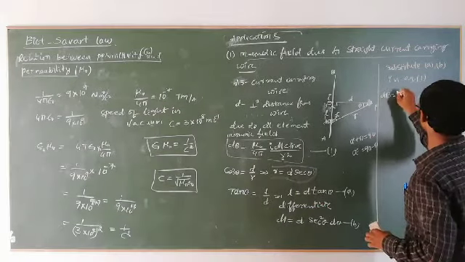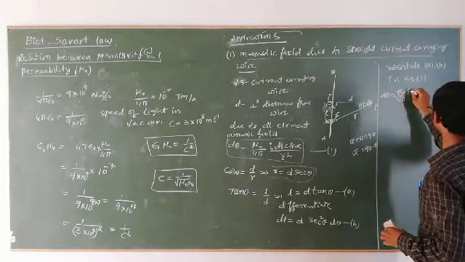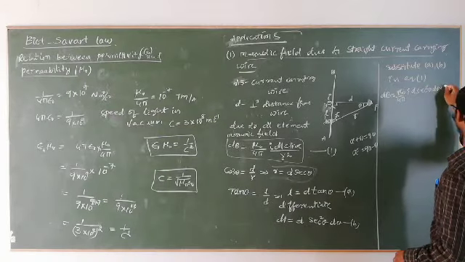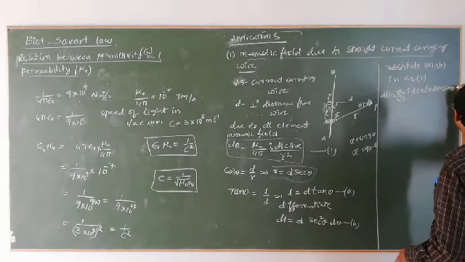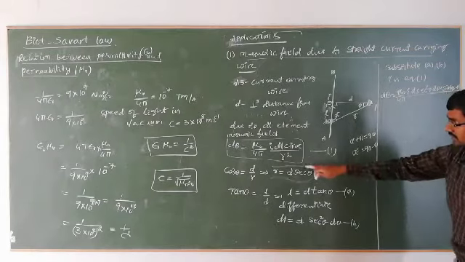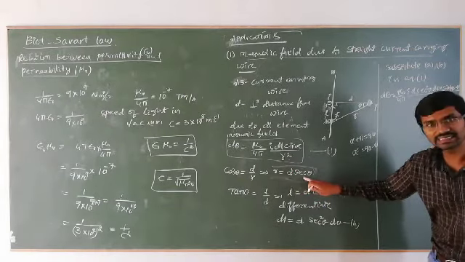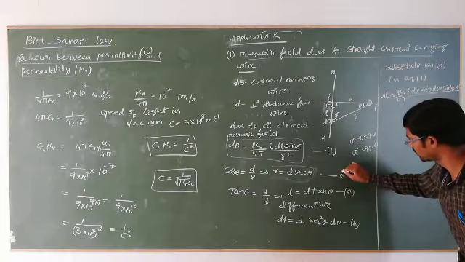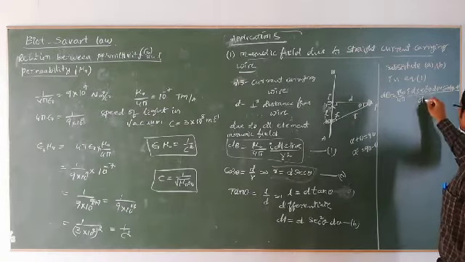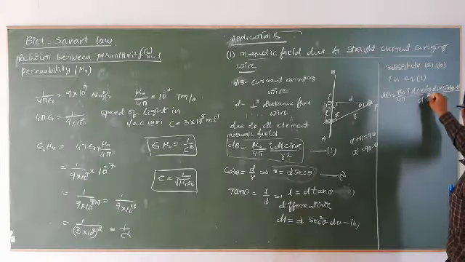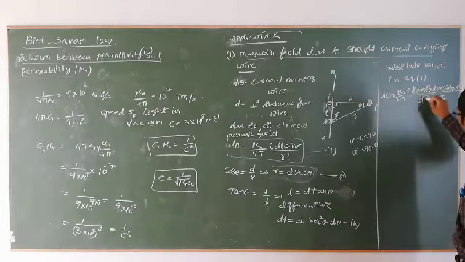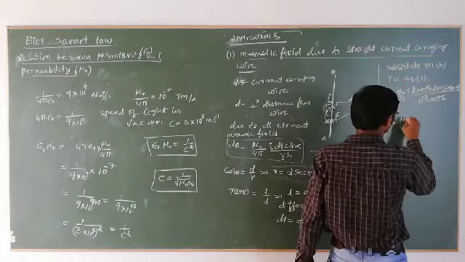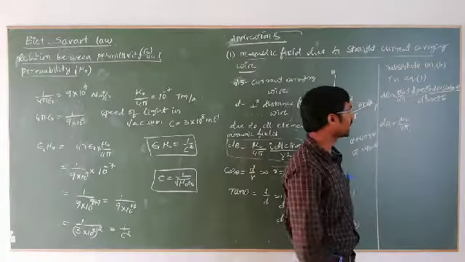Let me write here: dB is equal to mu naught by 4 pi I into dl, which is d secant square theta d theta, into sine of 90 minus theta, by r square. R is d secant theta, this is equation A. So r square is d square secant square theta. Secant square theta cancels, and here one d cancels. Sine of 90 minus theta is cos theta. Therefore, dB is equal to mu naught by 4 pi. What do we have remaining?